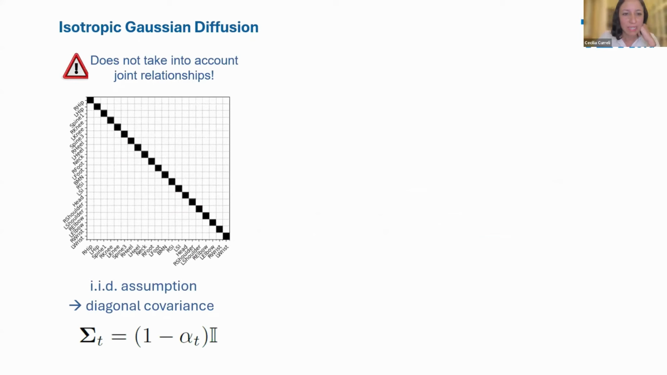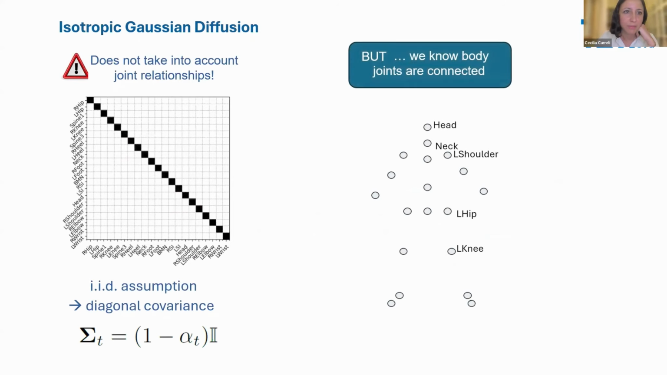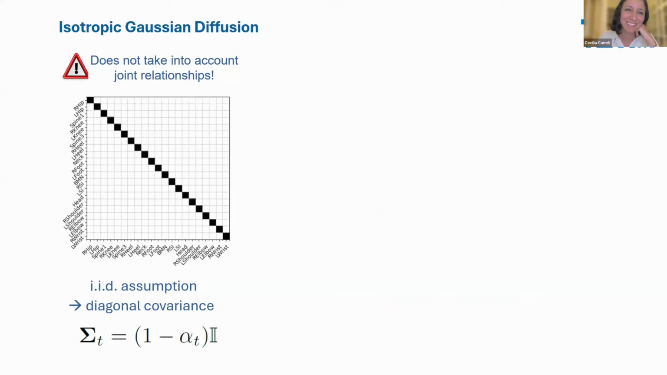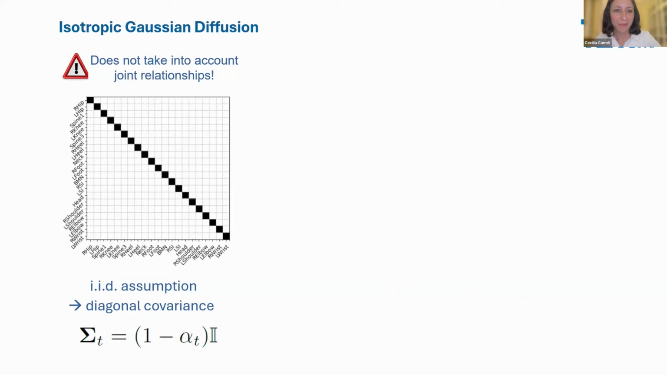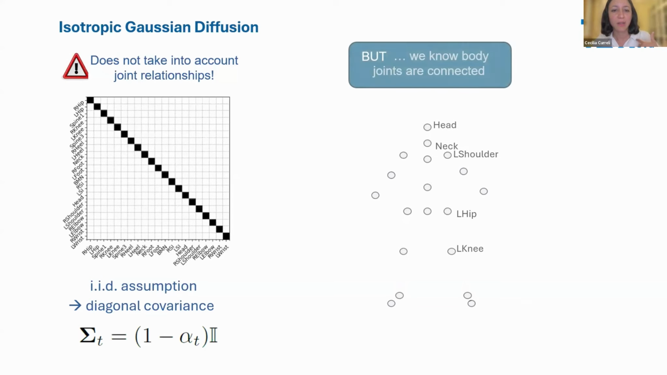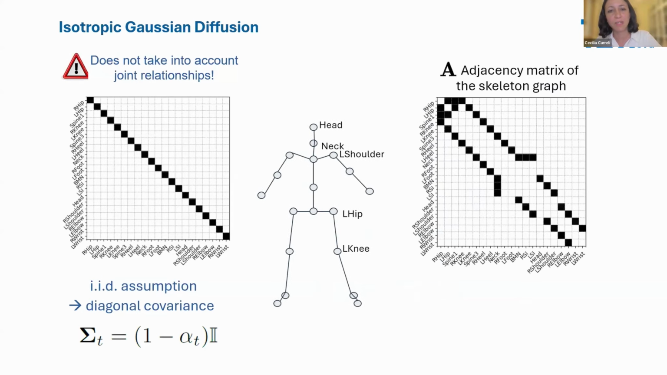If you take a look at this matrix on the left, instead of pixels, every point in the matrix is indicating a joint position. So we have the hip and the knee and the spine and so on. As you can see, they're all uncorrelated. But if you take a look on the right, we know that these joints are connected,